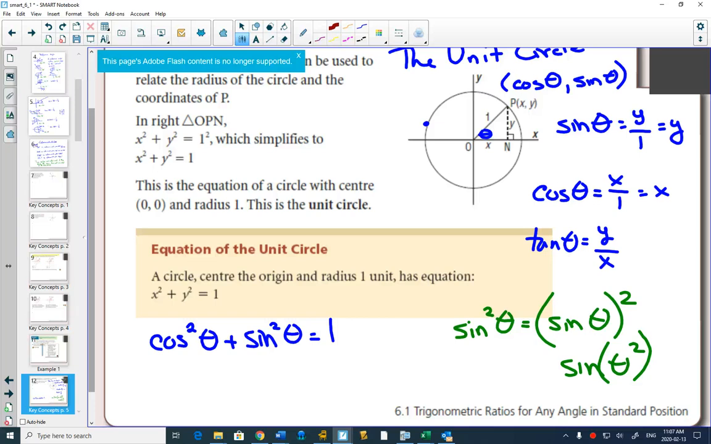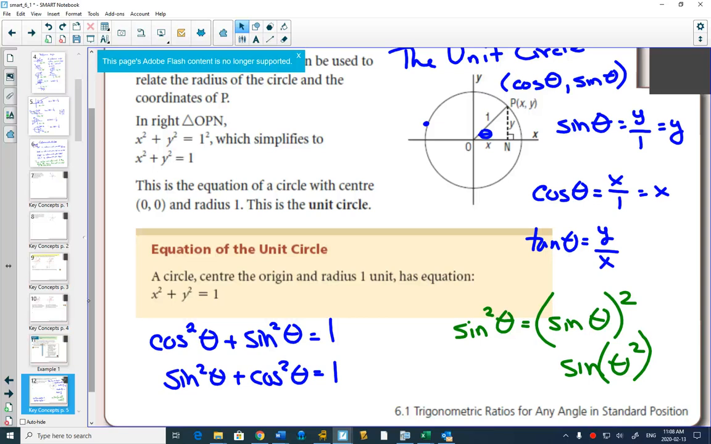In fact, this is the first formula on your formula sheet, but they write it in this direction. It means exactly the same thing. Sine squared theta plus cos squared theta equals 1. Okay? And the third big idea that comes from this little triangle is that if tan of theta is y